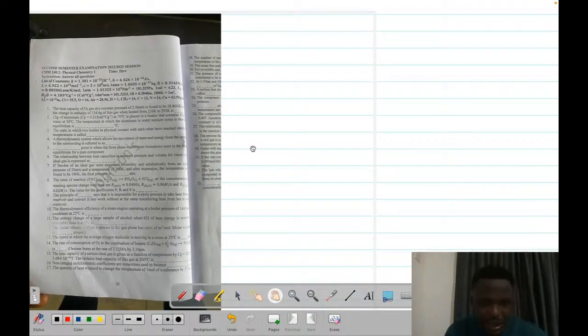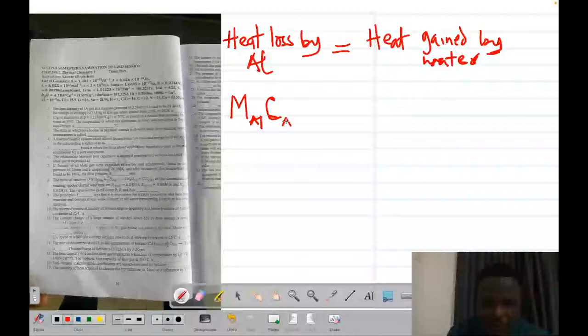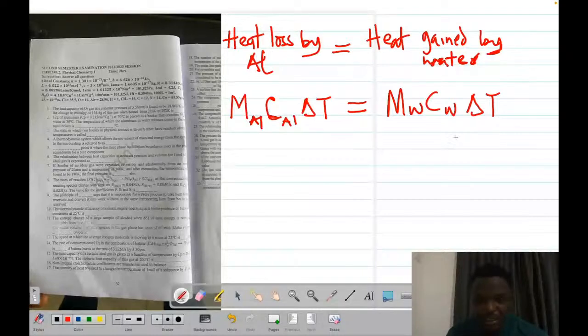Now, what I would like us to understand here is that if you could remember this formula, is what we call heat loss by aluminum equals to heat gained by water. Mass of aluminum, specific heat capacity of aluminum, change in temperature of aluminum equals to mass of water, specific heat capacity of water, and change in temperature of water. Now, please, if you look at the question,